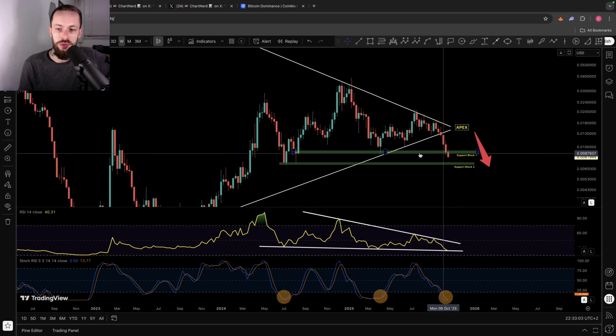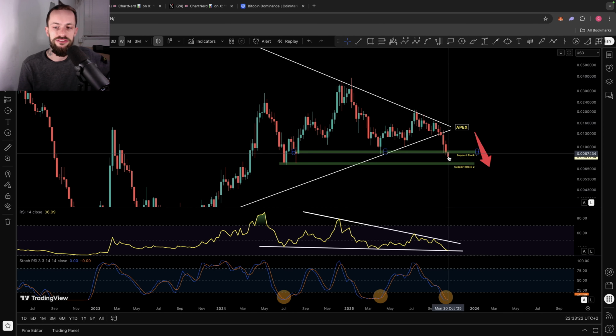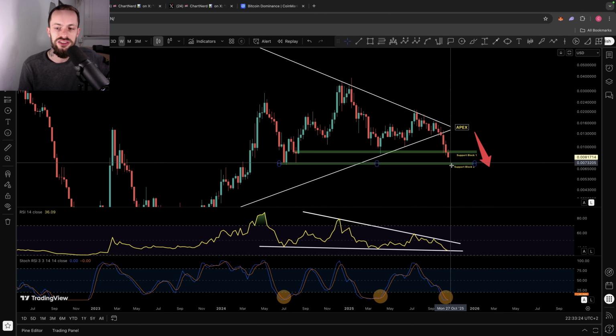Now, this support block 1 was the prior low from April of 2025 and was also this sort of higher low double bottom here from August of 2024. So this week, you can see the candle is actually quite forcefully being pushed down here, and unless we secure the close above 0.009, then Velo does look to be pulling back to support block 2, which does sit at